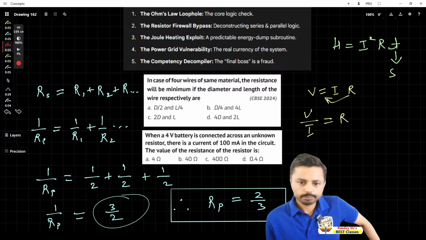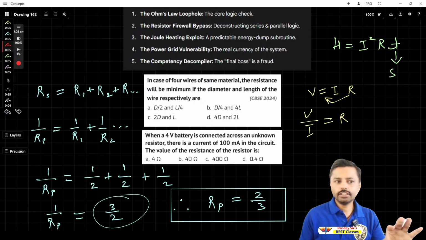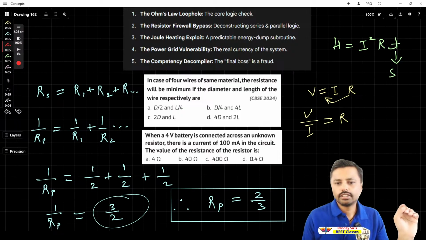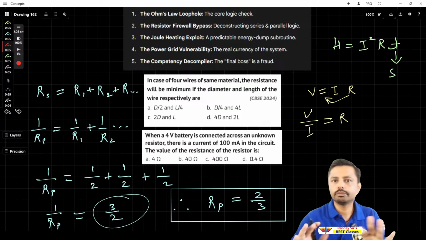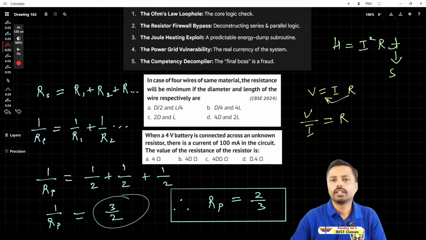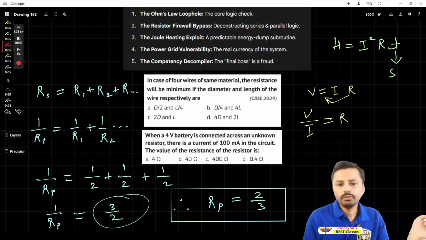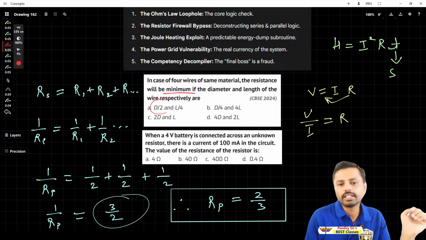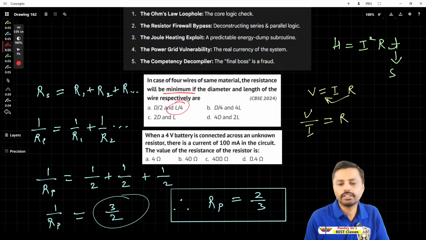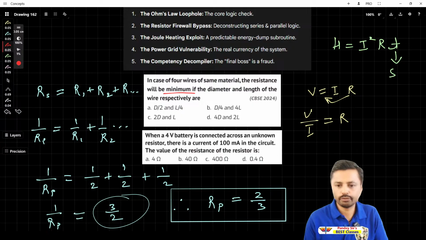So now, did you understand this thing? Same material. In case of the same material, the resistivity will be the same. Now we have to get the minimum resistance, if the diameter and the length of the wire are different. So in one wire the diameter is d by 2 and length is l by 4. So diameter is half of it, and length is a fourth. Similarly, in the second one, it's 4 times less, or divide by 4, fourth part you can say,